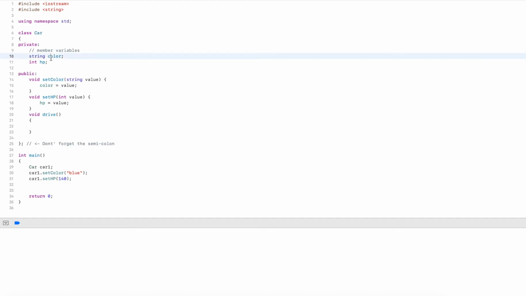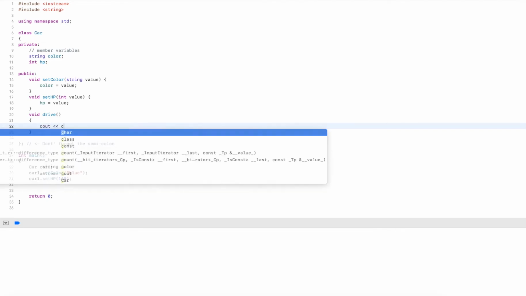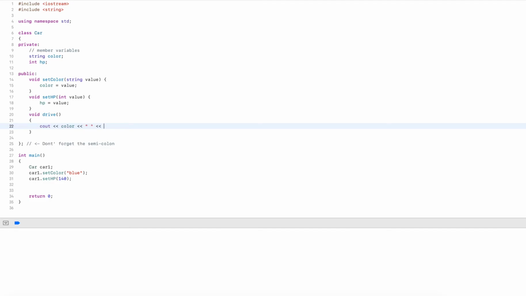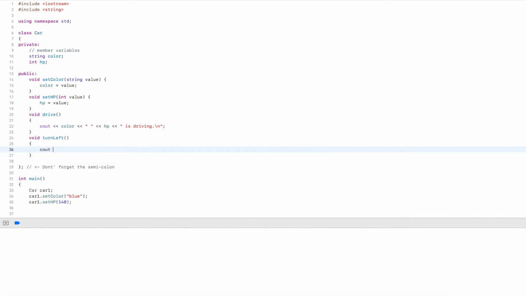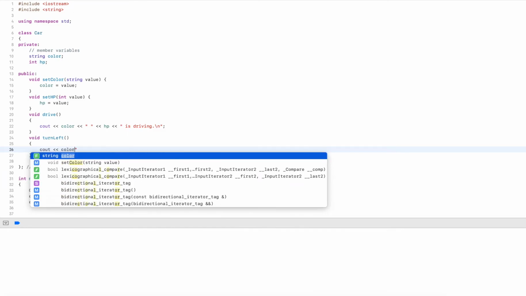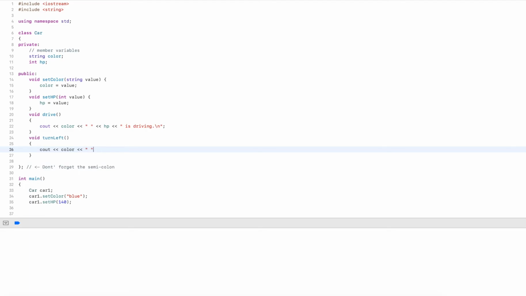Instead, we operate on the member variables here. We have them already, color and horsepower. So this could be as complex as you want to, but in this case, I'll just use a cout statement, and I access color, and I access the horsepower, and a quick note. So here I have "this car is driving", and let's say we have a turn left function, and I access the member variables again, color and horsepower, with a quick note,